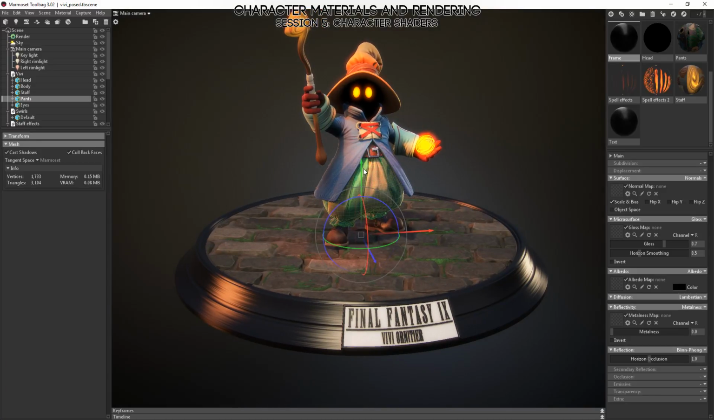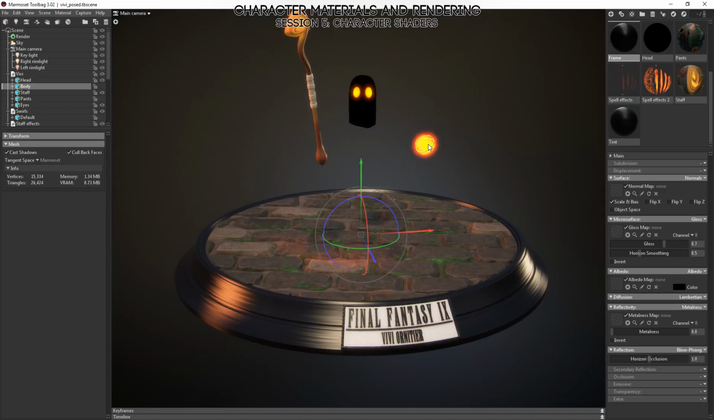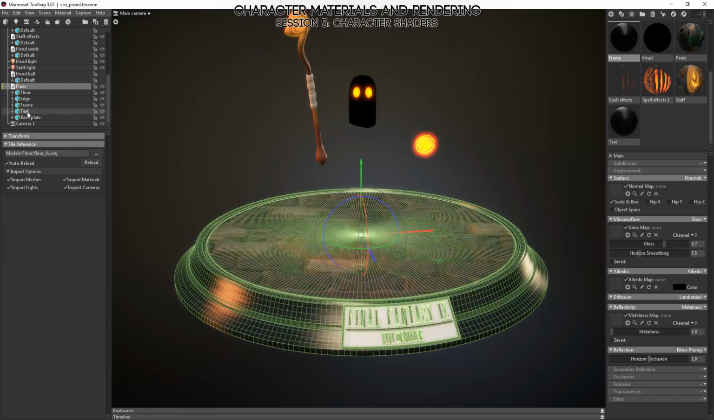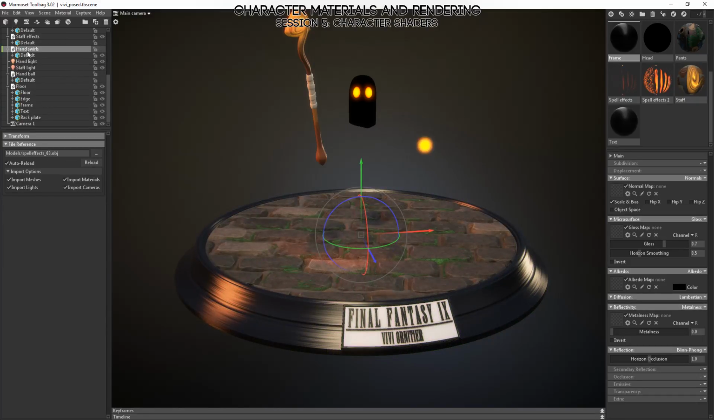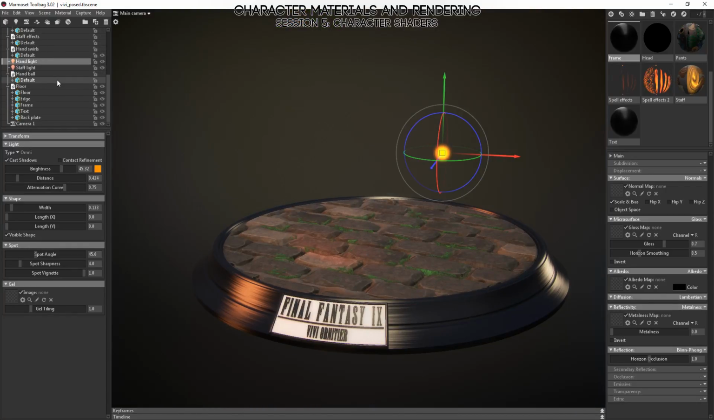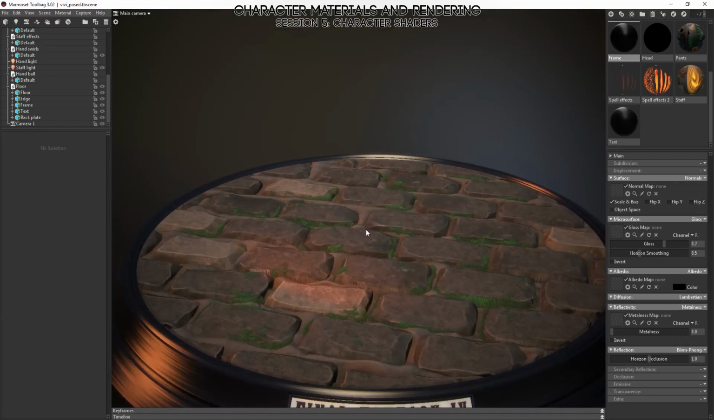So let's hide everything that I don't want to talk about right now. Oops. Hide that. And we can hide that, and that, and that. Oops. And that's a light that's visible. We don't need that right now. So